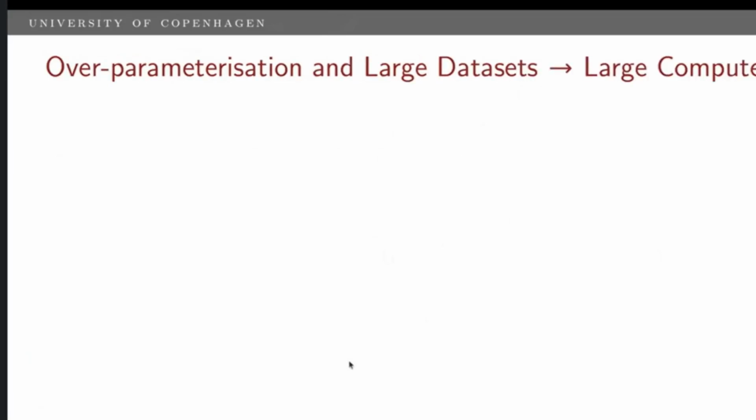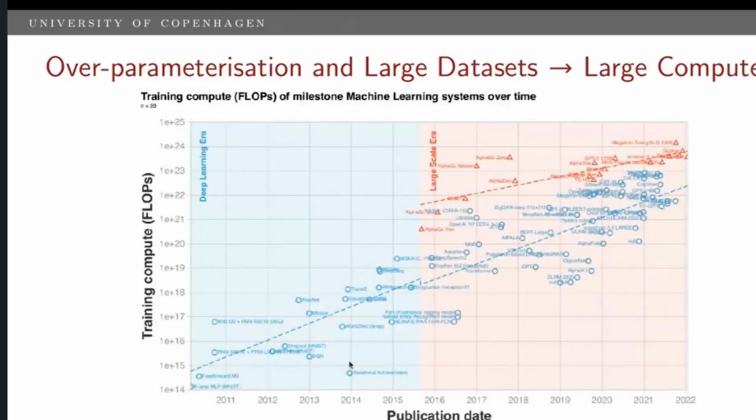So what does this mean? This overparameterization is leading to large compute. Here's a figure from Sevilla et al. from last year, where they categorized deep learning into three eras of deep learning. And then you had pretty much a normal doubling of compute, but then after, this is in log scale,